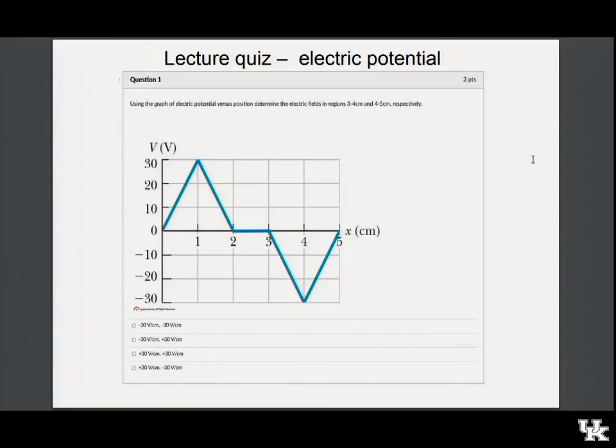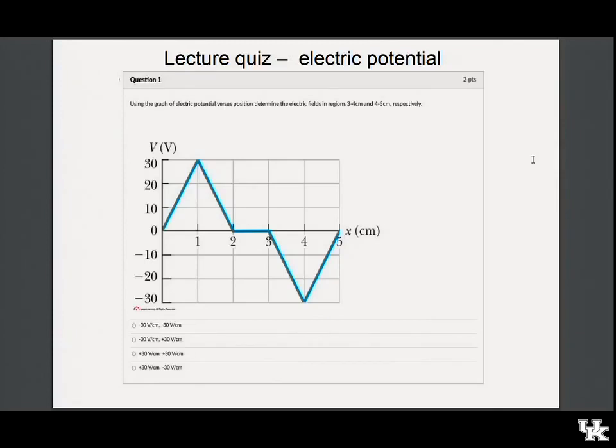We want the potential in those two regions from 3 to 4 centimeters and 4 to 5 centimeters. And we know that we want the field in those two regions. The field is, again, the negative slope of the electrical potential. So if you see the slope is downhill, that means that it's going to be a positive field. Downhill slope is a negative slope. If you see the slope is uphill,